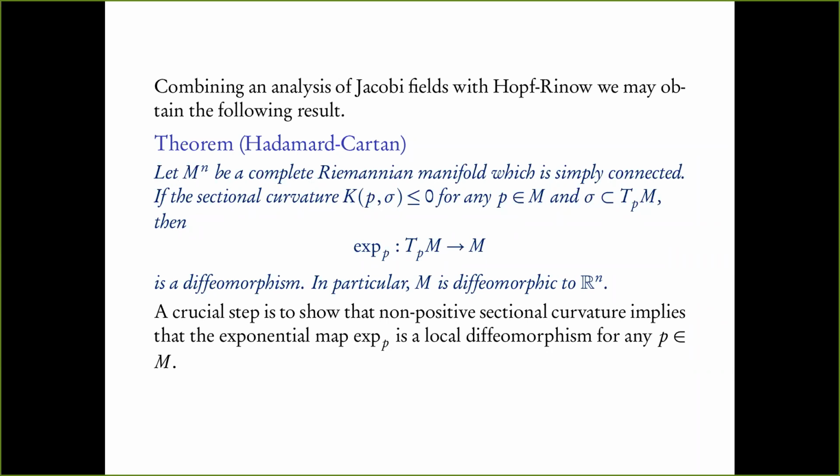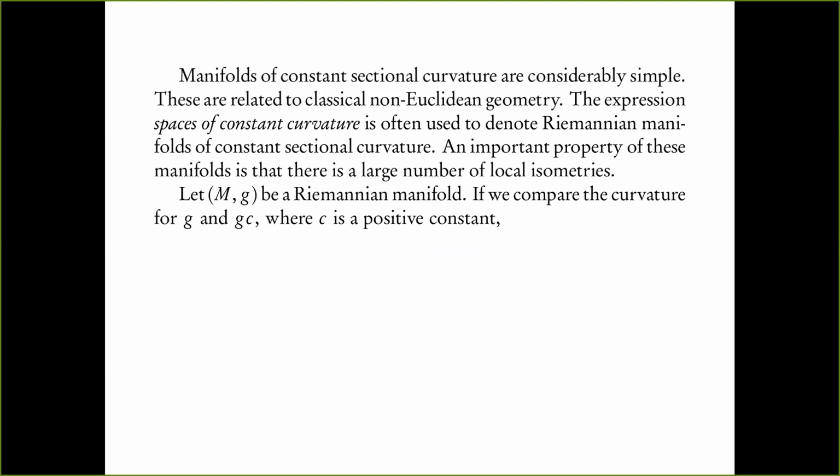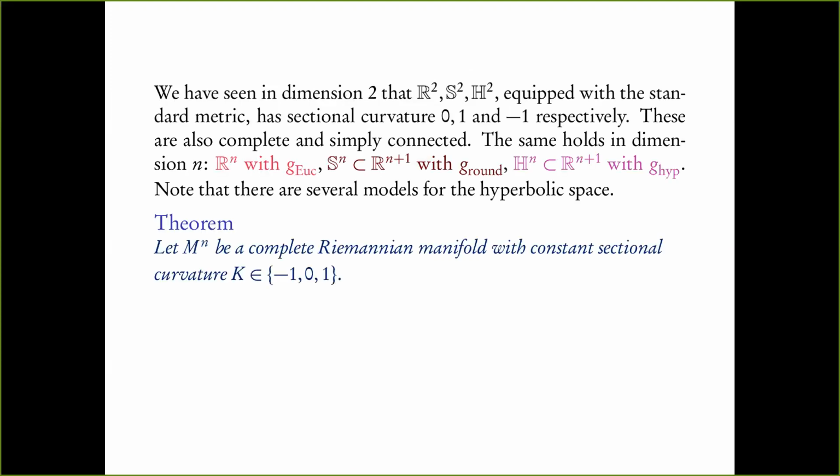And if it's not simply connected, but it still has the same curvature constraints, then by this theorem it will turn out that it's covered by Rn. So it's a combination of these two theorems. I didn't state it exactly here, but I probably should have in hindsight. So it turns out for negatively curved manifolds, all the topological information lies in pi1, because for a negatively curved manifold, its universal cover is homeomorphic to Rn. That's a variant of the Hadamard-Cartan theorem, because Hadamard-Cartan only talks about simply connected manifolds, but you can rework that and show that any such manifold with negative sectional curvature is covered by M tilde, but M tilde is Rn.